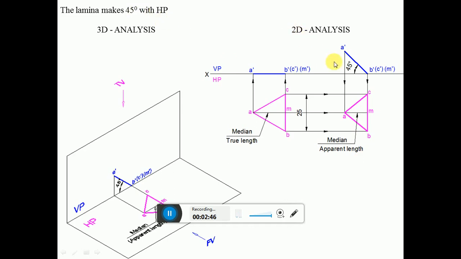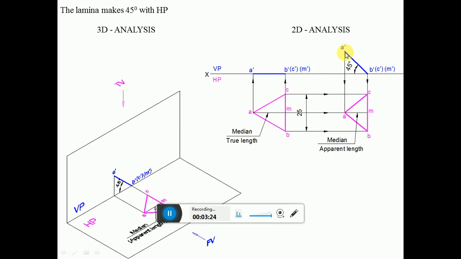Okay. The surface inclination is given, it is 45 degrees. Since the surface is inclined at 45 degrees to HP and still perpendicular to VP, you are getting a line in the front view. So how to draw this sketch here? Consider B dash C dash on the XY line, because he says the side is resting on HP. From here, using the protractor, measure an angle of 45 degrees and draw a line. Then measure the length from B dash to A dash. From B dash you cut an arc on this and you get the point A dash.